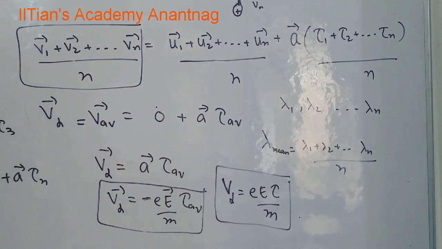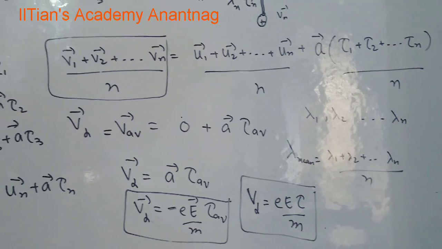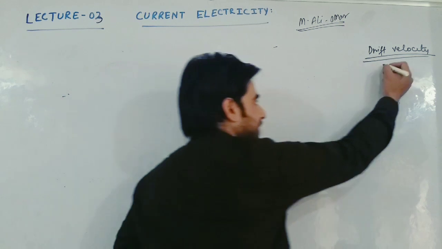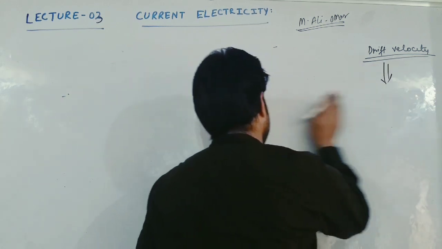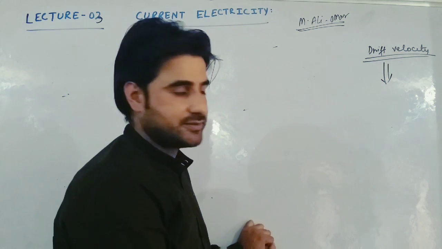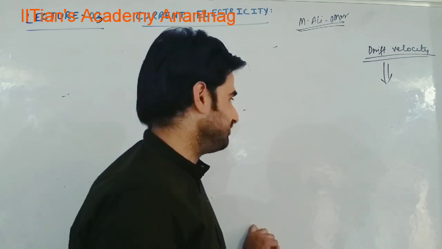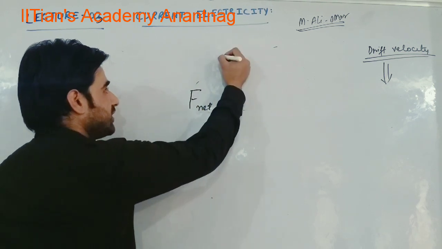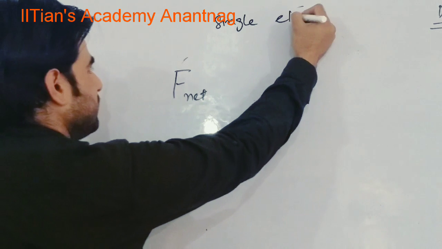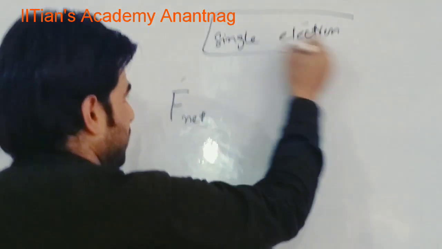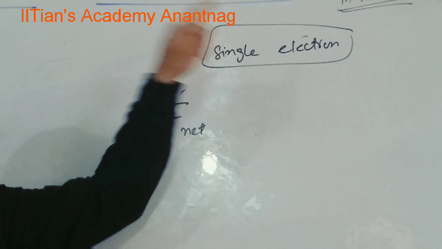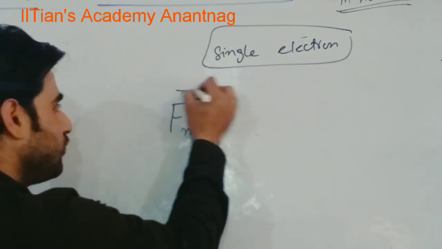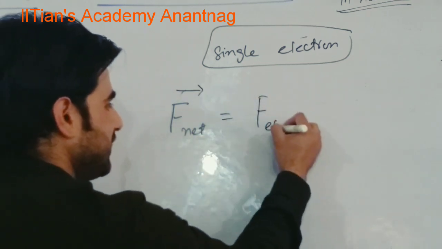Now let us go to another method, which is something special from IIT Academy. I will be deriving the expression for drift velocity in the way IIT Academy needs. This will be totally different but awesome. I said that I will be solving it for a single electron, and later, as a physicist, we assume that whatever is happening with a single electron is the same thing happening for n electrons. Now, the net force on the electron is the force due to the electric field.